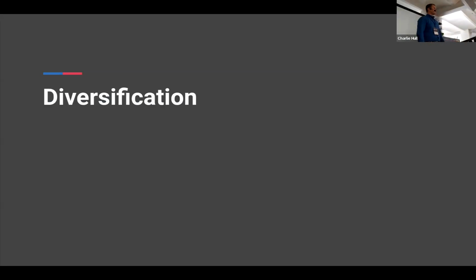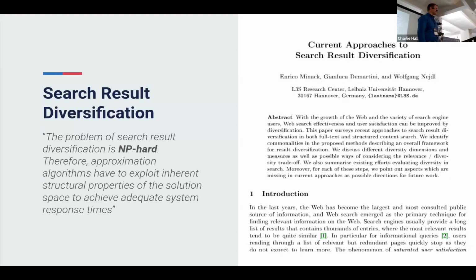And diversification of search results is an area which seems to be like if it was neglected. There are some pretty old approaches to do that. This paper, I really liked this paper when I was preparing those slides, but basically this is the one coming from 2009, which is pretty old, I have to say. And there are not that many attempts to solve it. But the conclusion is